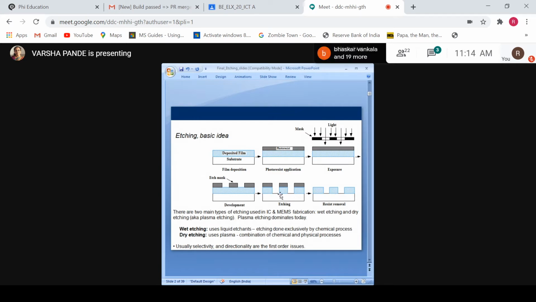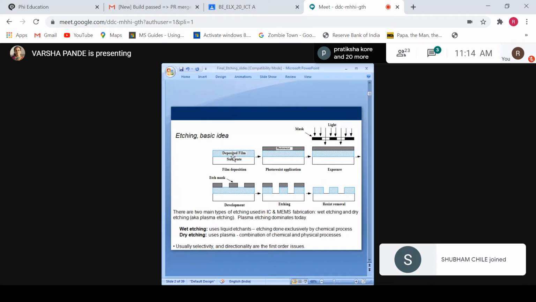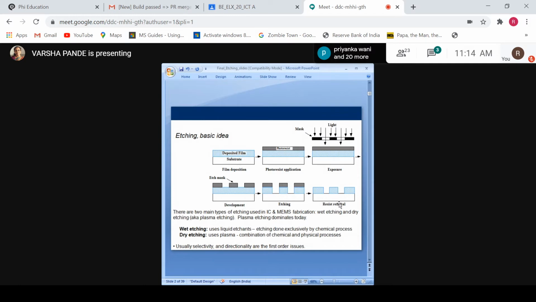And lastly, once our aim is done, that we want to create a window in silicon dioxide layer, finally we can remove the photoresist. So like this we have created the window. Means first step, if you see, substrate and above this the deposited film, and last step, the substrate and above this the window is there within the silicon dioxide layer. To create these two, we have used the photolithography approach. So here we have done the etching.